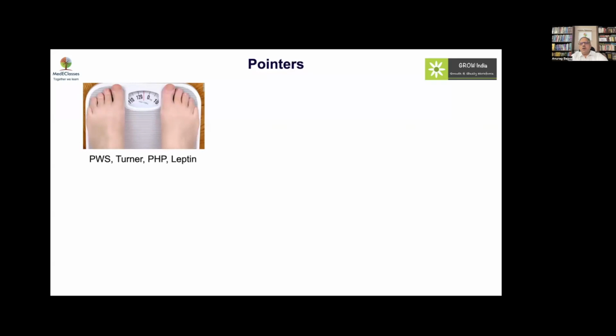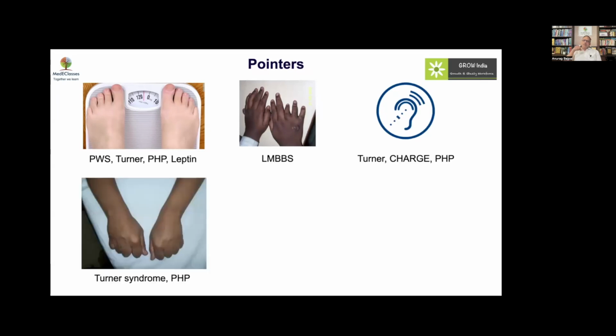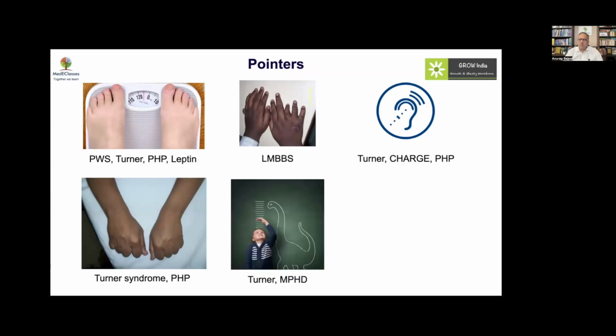evaluation. Subsequent pointers include the presence of obesity, which could be an indicator of syndromes like Prader-Willi syndrome, Turner syndrome, pseudohypoparathyroidism or leptin deficiency, polydactyly, typically the Laurence-Moon-Biedl syndrome, abnormality in hearing, which is common in the setting of Turner syndrome, CHARGE or pseudohypoparathyroidism, brachymetacarpia, again a marker of Turner or pseudohypoparathyroidism, short stature, which could be a very severe feature of Turner or MPHD. You can also think of celiac or constitutional delay of puberty and growth in somebody who is short and who has